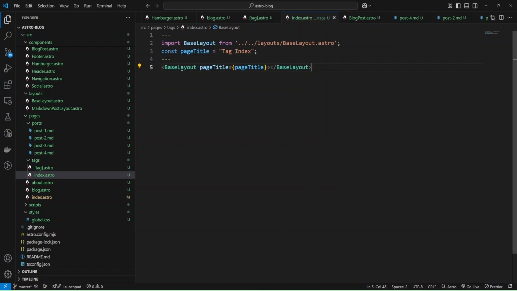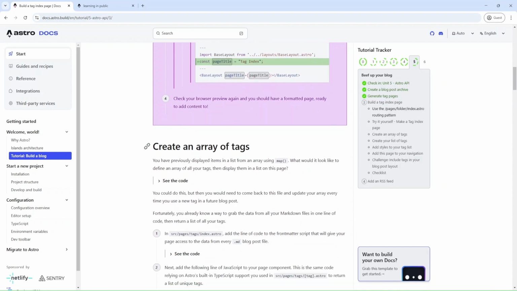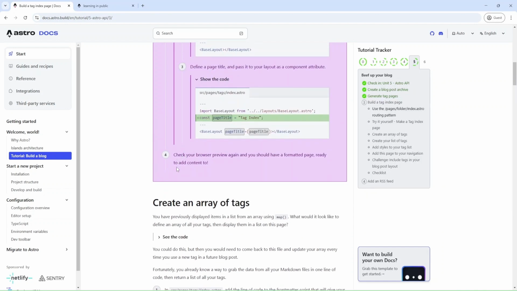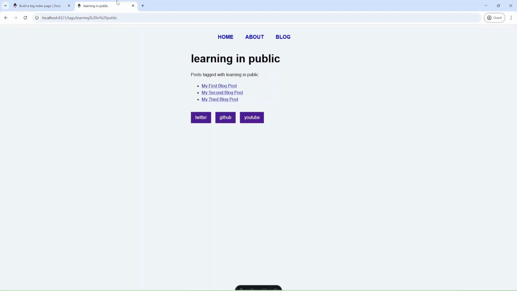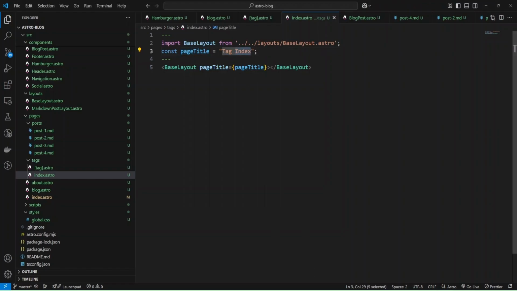Okay, I'll just provide the base layout with some page title. Okay, and we can check in the browser, and let me go to tags, and we have the page with the base layout and our title.